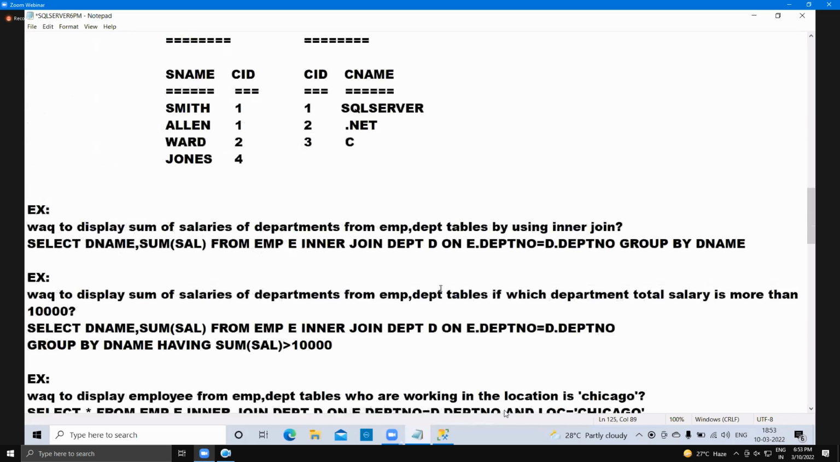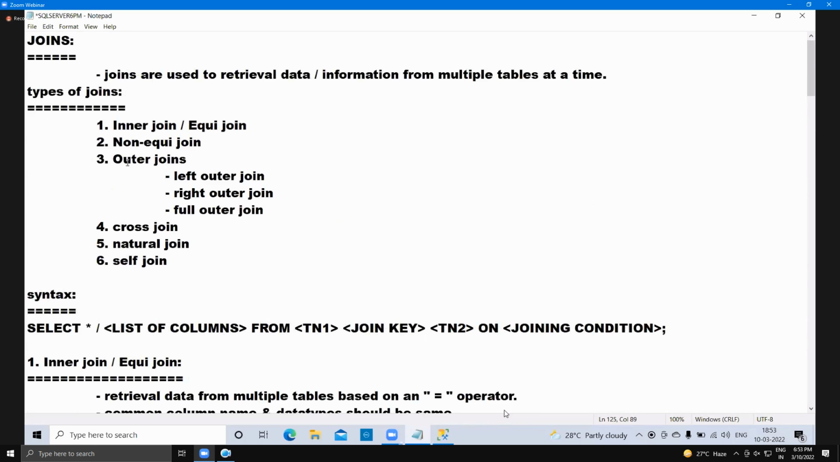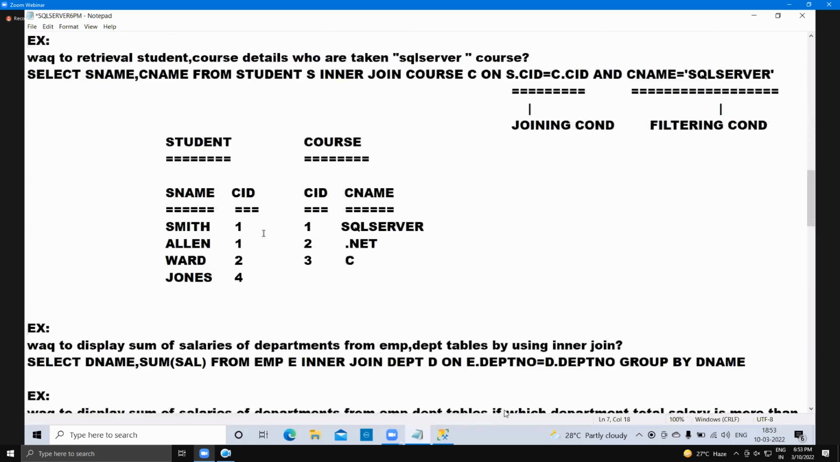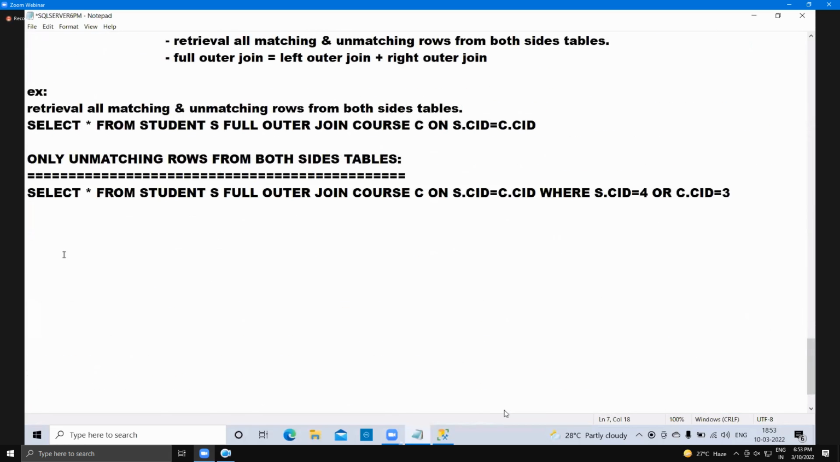Okay, now fine. And the next join is called a non-equi join. The next type of join is called a non-equi join. So to overcome this confusion, I'm requesting all of you, one time,